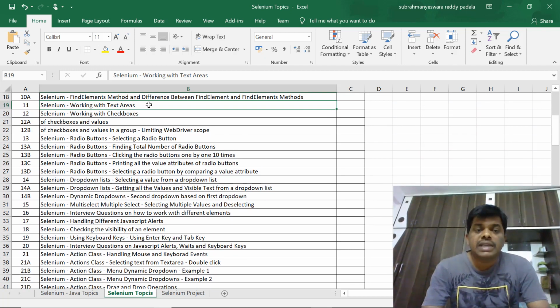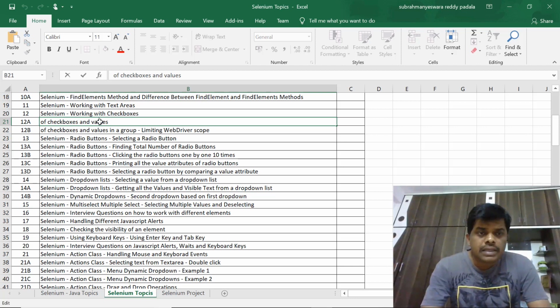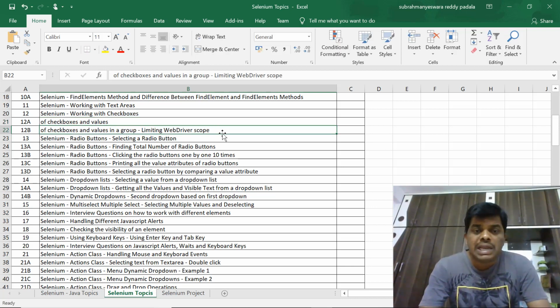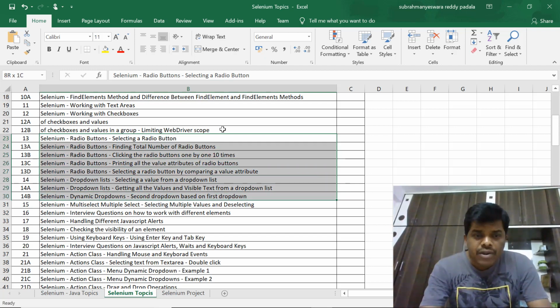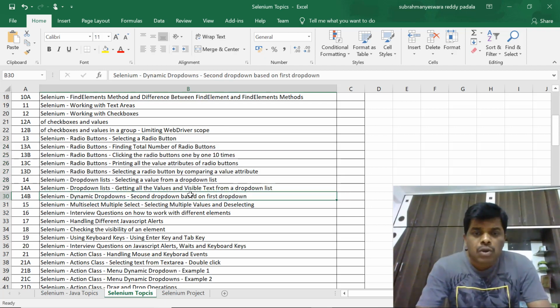then we will see how to work with text areas and checkboxes. So this is to find the number of checkboxes and values, and to find the number of checkboxes and values in a group by limiting the WebDriver scope. And then we will look at how to work with radio buttons, and we will see different examples on the radio buttons. Once that is done, we will see about the drop down lists,